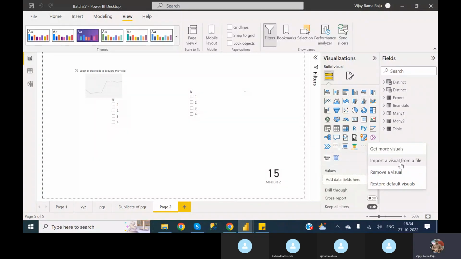But with import a visual from file, first you need to download into your local system, and after that you need to get it by using this option, right? So both are different. In different ways we can get the custom visual. Okay, next one is